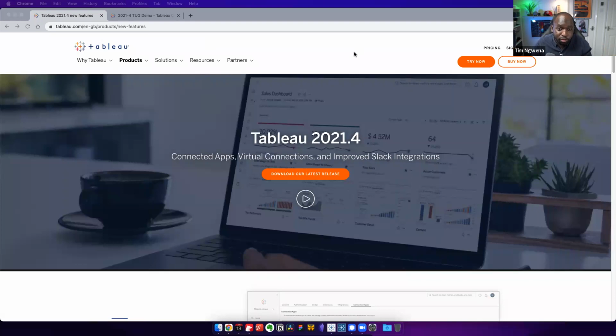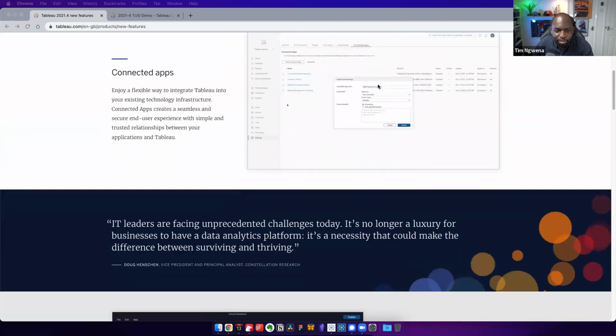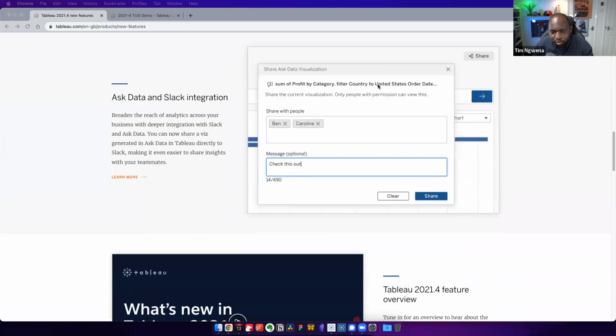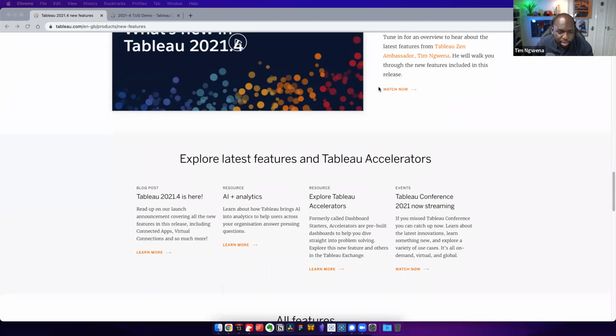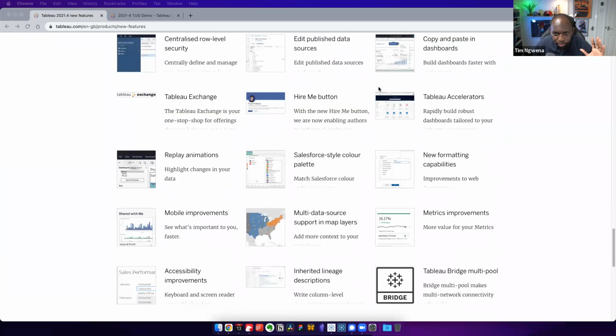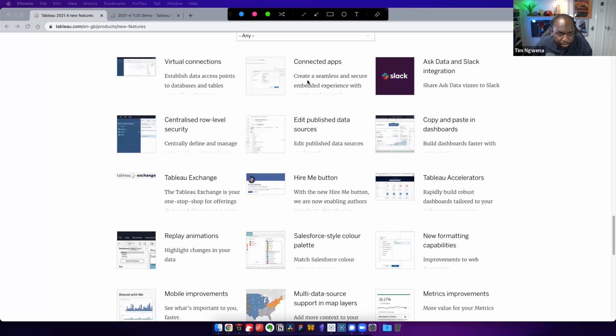Now, 2021.4 was released just before Christmas. I think just before Christmas, everyone got sidetracked by another issue, which I won't bring up now. But nonetheless, there's a whole bunch of stuff in here that I think were really nice features to finish off the year. If I scroll down the page to this setup they have here at Tableau, I'll annotate what I'm going to cover in detail today, and we can, of course, go off track and cover other things. But I think one of the things that people have been looking forward to for a long time